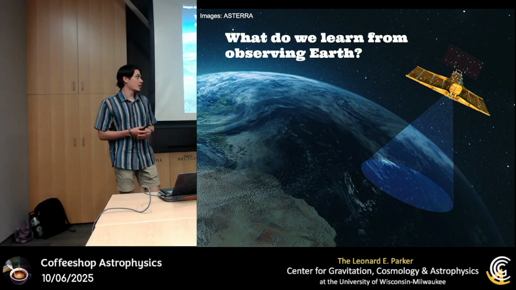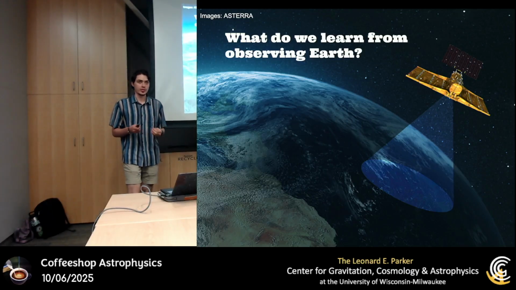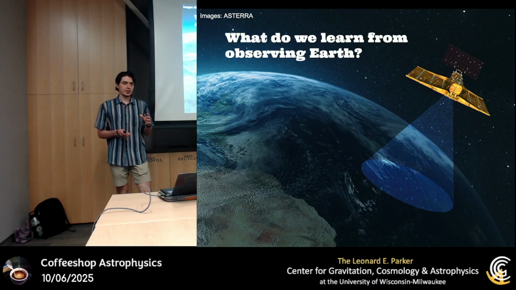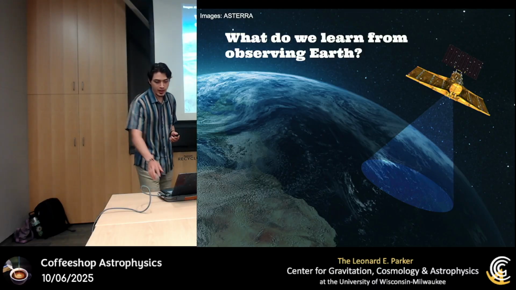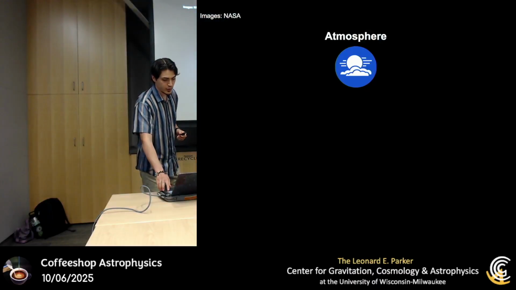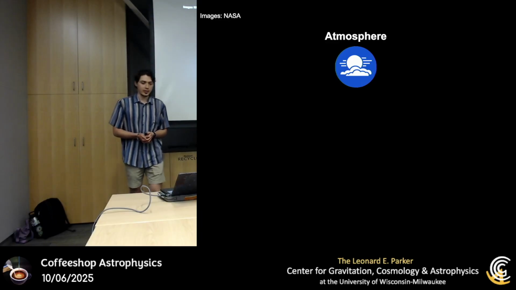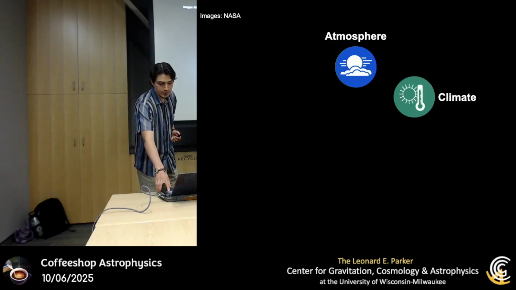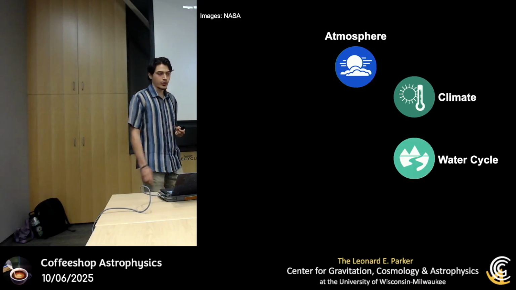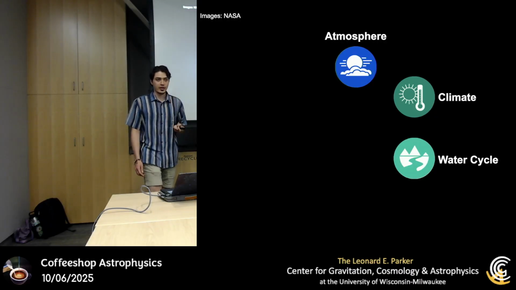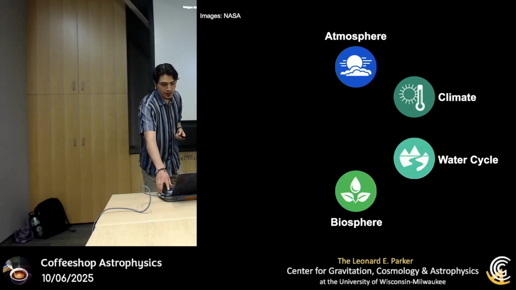I'm going to go through all of the cool Earth science that we do with Earth observation satellites. Now, there's a lot, and we won't have enough time to cover everything that they do today, but we will hit some of the major players. And these include what we can learn about the atmosphere, from how it moves to its composition, as well as Earth's long-term climate. We'll also look at how satellites help us study the Earth's water cycle, as well as the